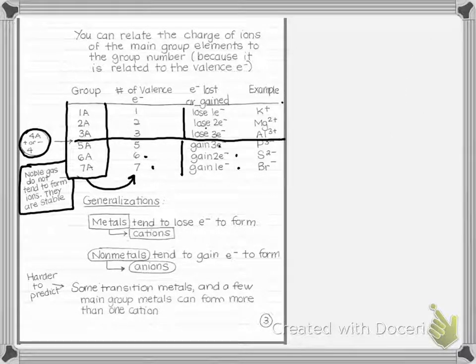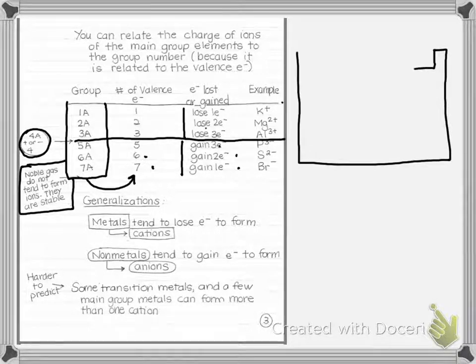So here if I were to draw a periodic table, just a rough one. Okay, so let me write the group numbers. So we have 1A, 2A, then we have 3A, 4A, 5A, 6A, 7A. And this is 8A. So there they go across, and all I have to do is not memorize every ion, but